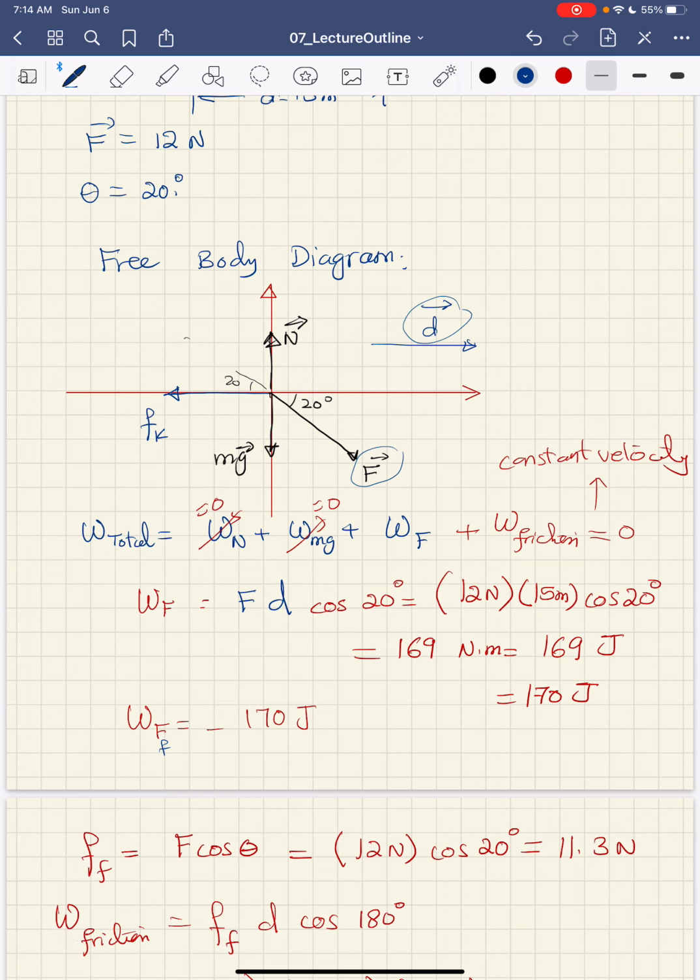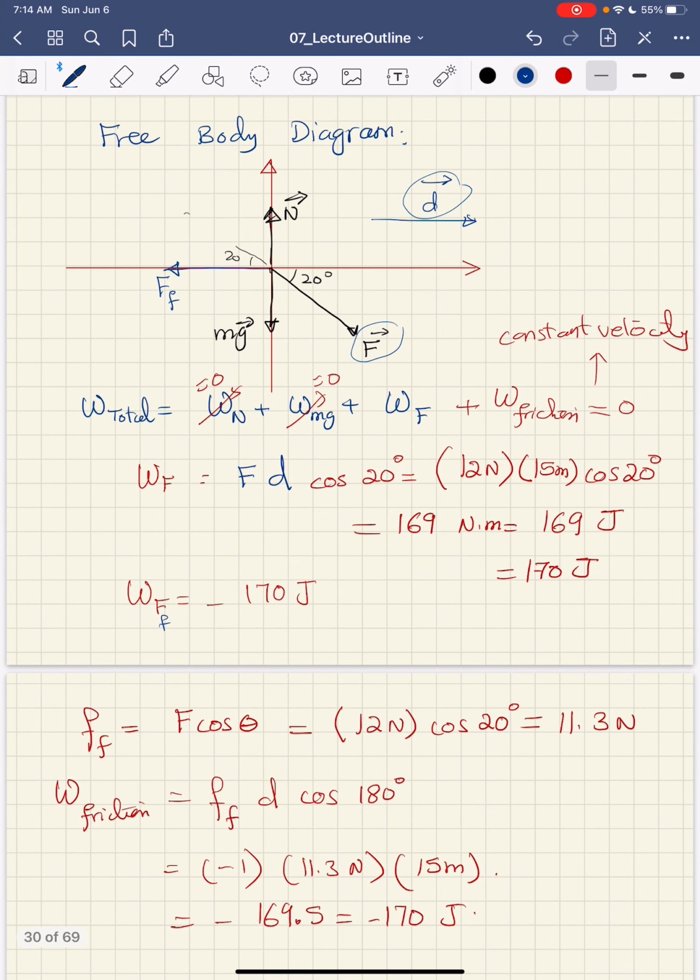let me write this FF here so that you will not be confused. Force of friction. Force of friction, of course, is going to be also F. Force of friction is going to be F times cosine theta. Okay, from the setup here,